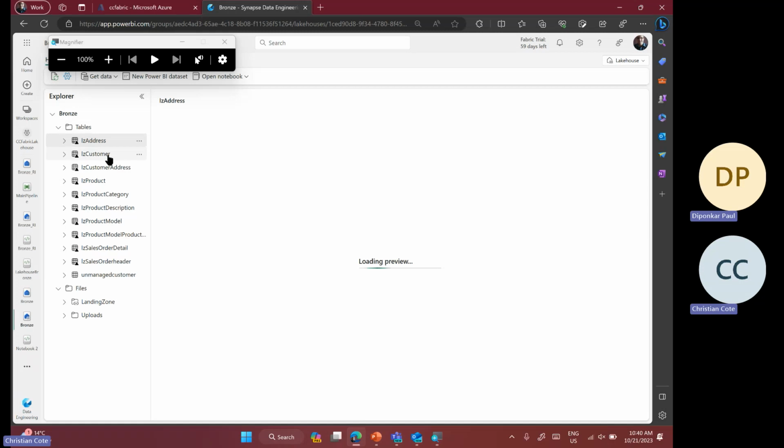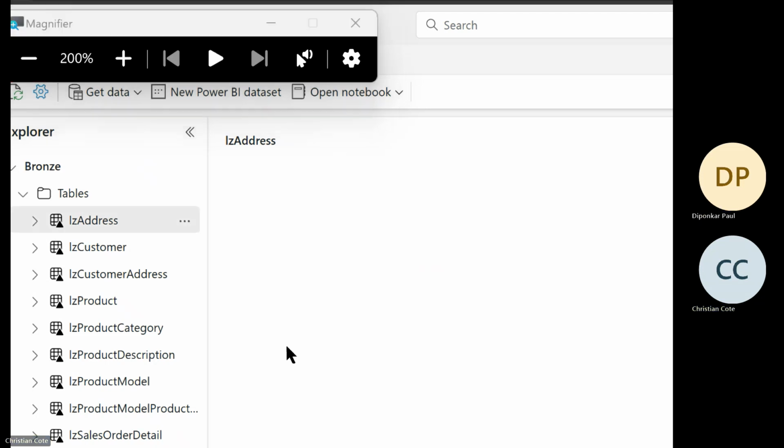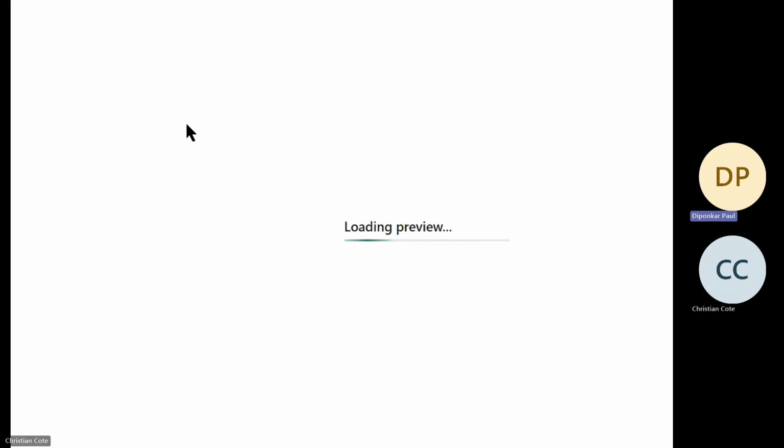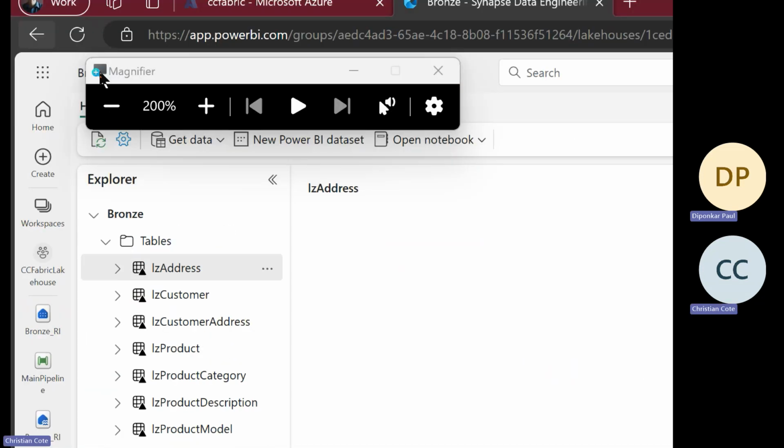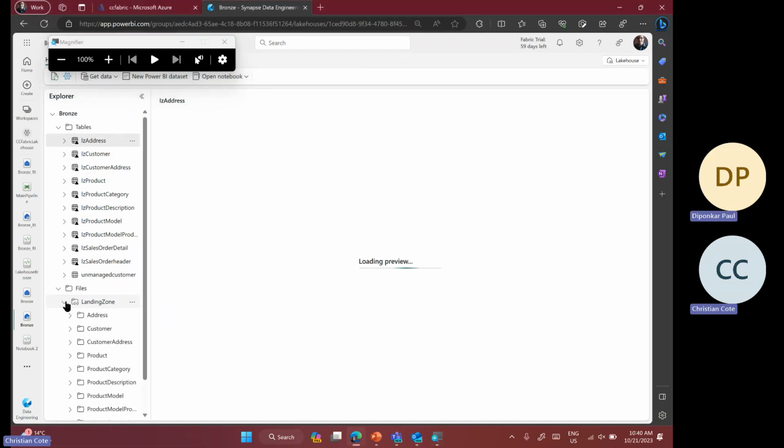So we are waiting for this to happen here. It tries to show me the tables here. Let me just magnify it a bit. You see the small triangle here means delta. It's a delta table here. So what I did basically, where's my magnifier? Let me just remove it. I uploaded files here. So those files here, which is nice.